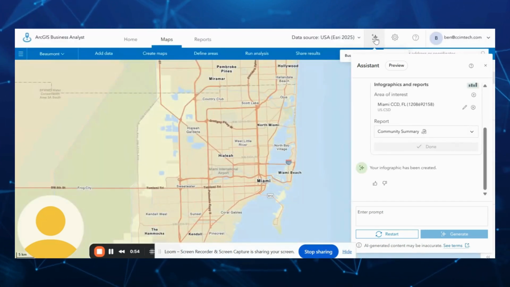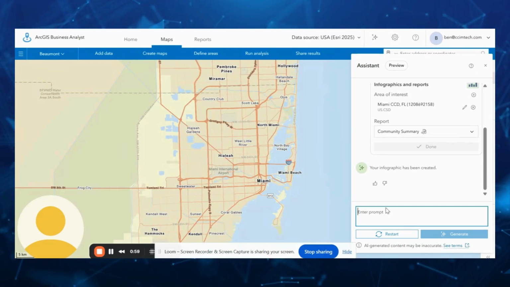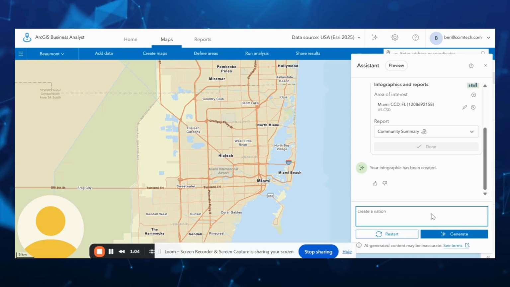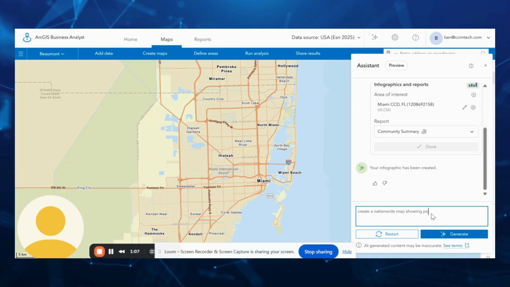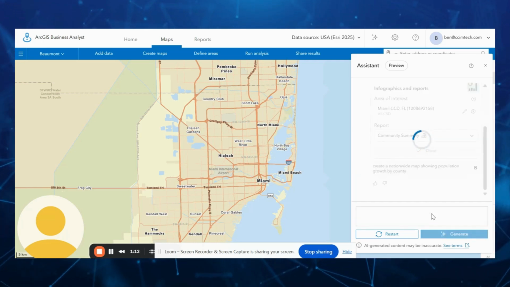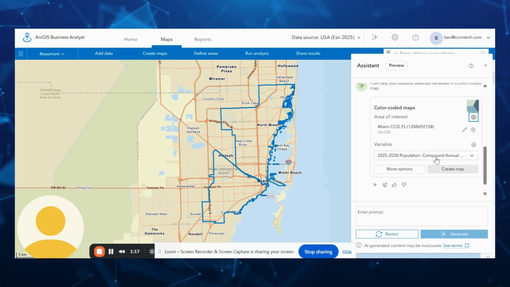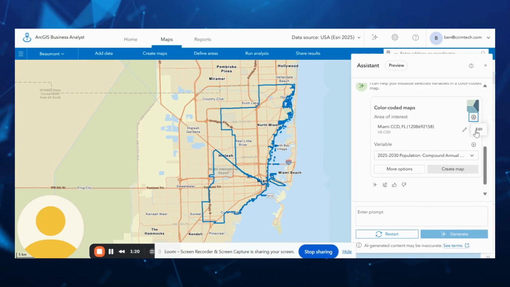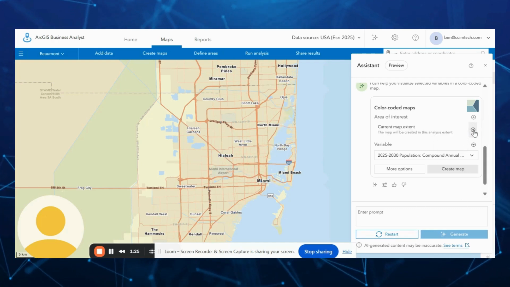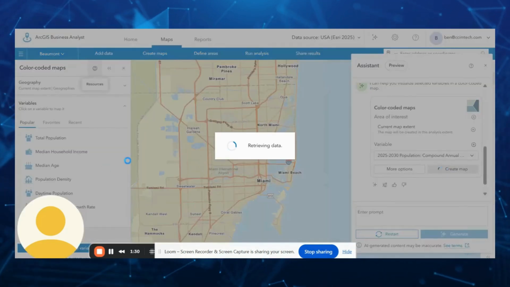Another example of how you might use this tool is to go in and create a nationwide map showing population growth by county. Here, we'll see the projections for 2025, population change over the course of time, and we'll have the option to choose the study area that we want to look at. Here, I'm going to click Create Map,